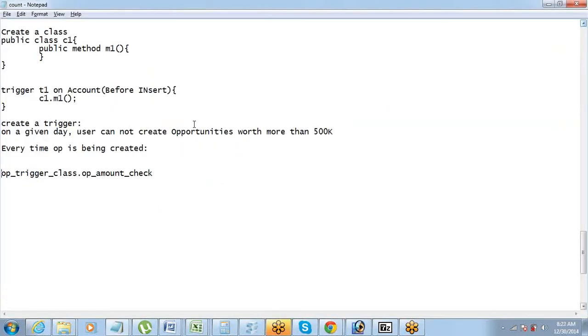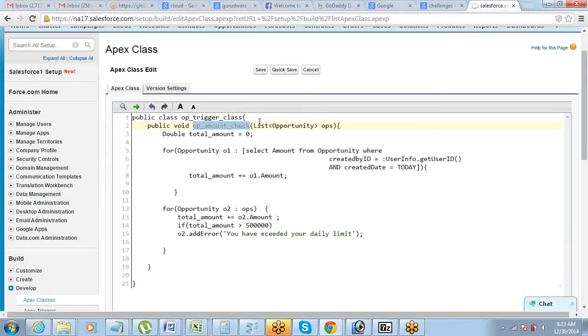Okay, so I do have the class name, I do have method name, and the parameter that I will pass there, list of opportunities, that will be trigger.new. Okay, so trigger.new is a list of opportunities which I will pass for this. Fine, a parameter here that needs to be passed. That's it. Okay. So this part is done.